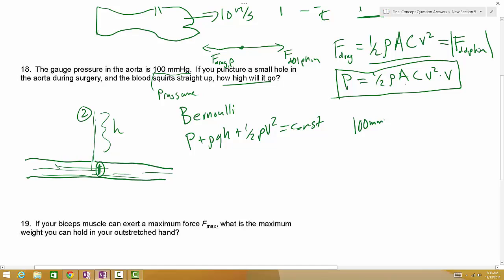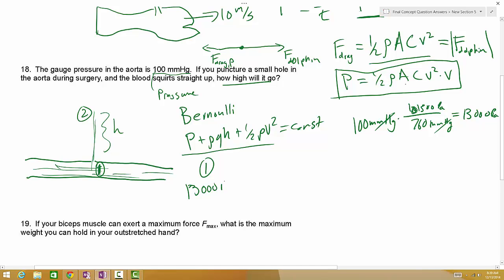So that's 100 millimeters of mercury times 101,500 pascals over 760 millimeters of mercury. And so cancel out the millimeters of mercury, and we get about 13,000 pascals. So okay, let's write for situation 1 this quantity. So we have 13,000 pascals plus, this is the density of blood, which I don't know offhand, so I'll just write it as rho, times g, 9.8 meters per second squared,